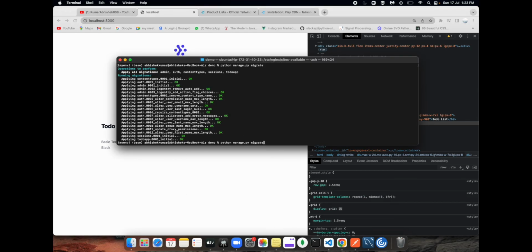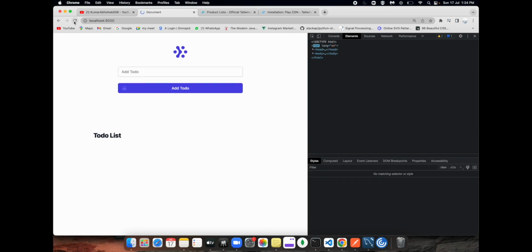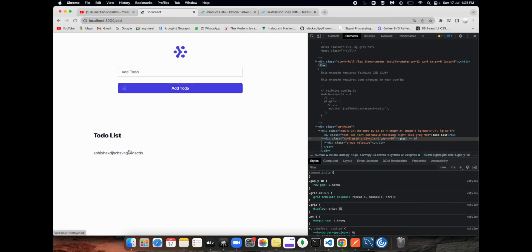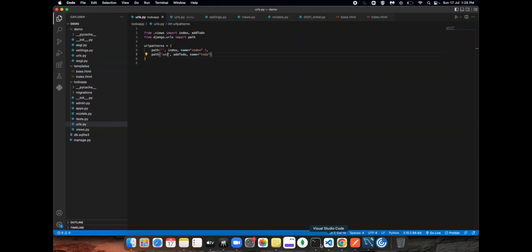No, not running. The server should run first. So the server is running. Let's reload that and add something. I will say blah blah blah. Okay, so we have added the to do, and you can see another thing is coming, but it's coming in the same list. So what we can do to avoid that scenario is go into the index.html